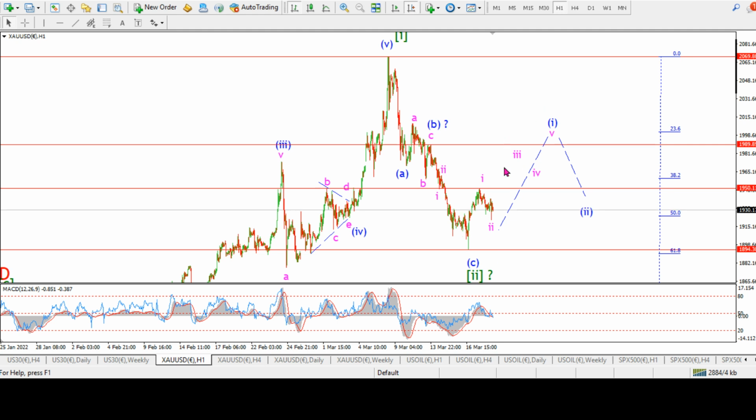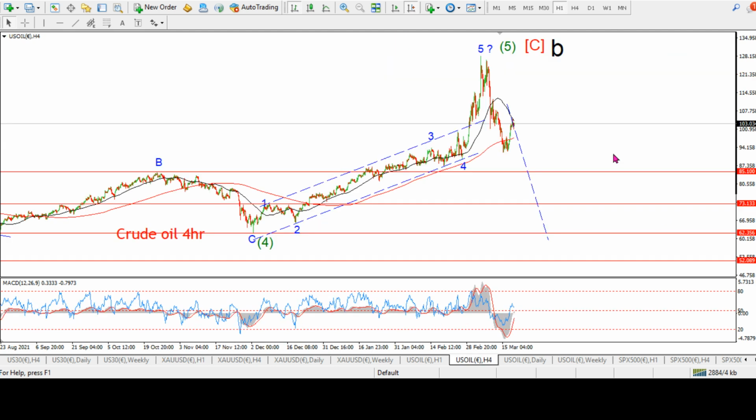If we see a 5-3 pattern to form a higher low above 1895 again, then we're on for wave 3. So watch for that next week. Okay, crude oil. A reasonable bounce